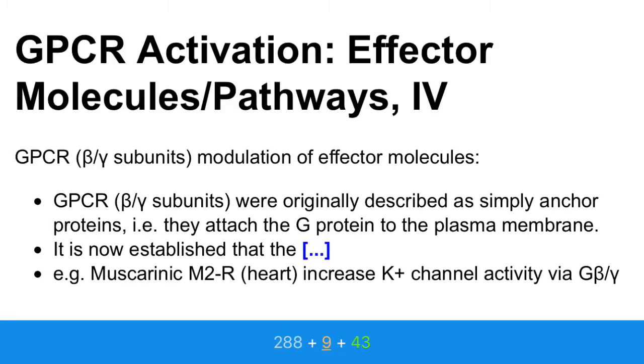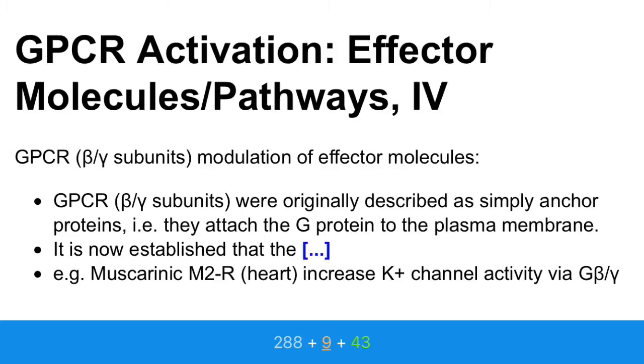GPCR proteins. Activation, effector molecules, pathways 4. Cool, yeah, because we've been through 3. Okay, so beta gamma subunits. Okay, cool. So the alpha has been the active subunit that we've been focusing on up until now. Now we see that the beta gamma actually does have a role. It can modulate